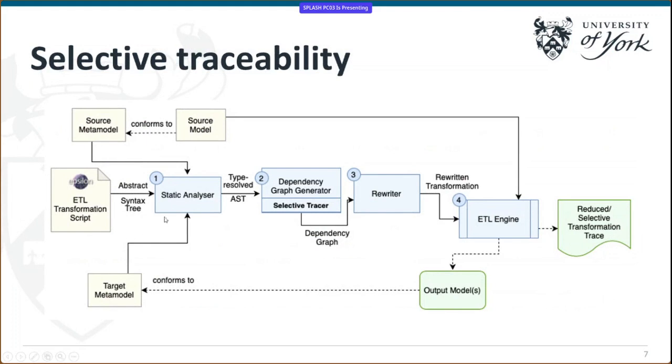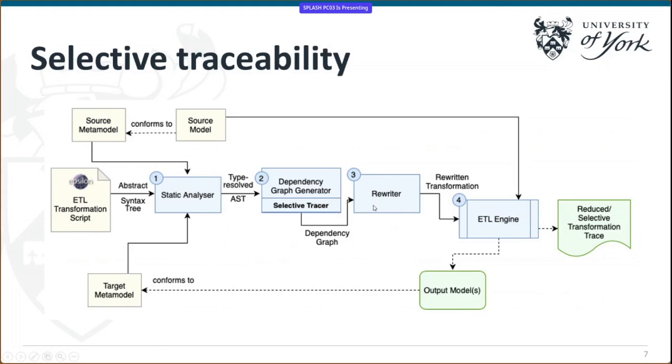So in the first step, as you can see, we have a static analyzer, which basically gets the transformation script, the source meta model, and the target meta model, and then we get a type resolved AST. I'll talk a bit in detail later. And then we have a dependency graph generator, which generates a dependency graph, which is the input to the rewriter,